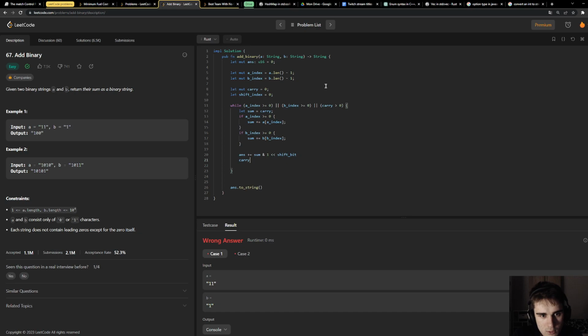And so then carry is equal to sum modulo, not modulo, but it's more like a division by 2 or right shift by 1 bit.